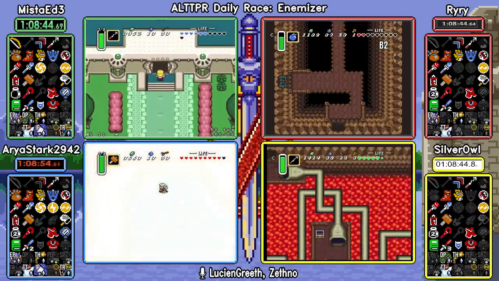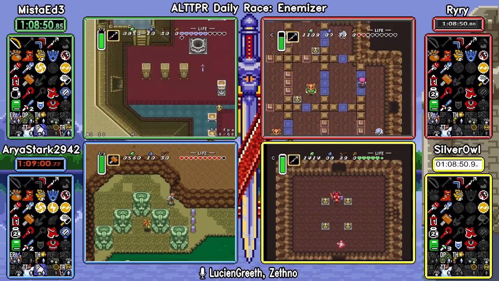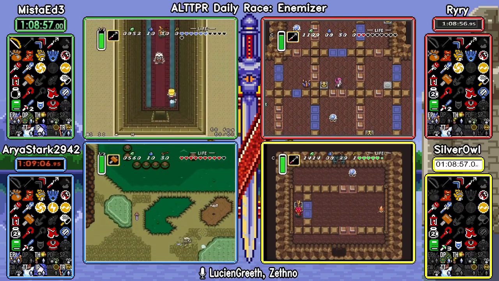We even have all the medallions when we got that mirror. And the flippers, because we got Bombos. Bombos was in a kind of rough place for Enemizer. You'd like to find it a little earlier than Laser